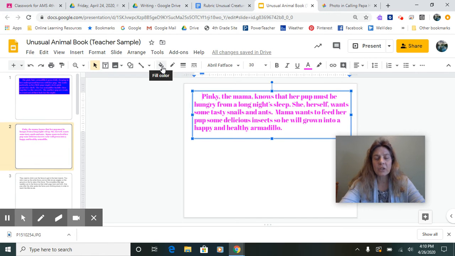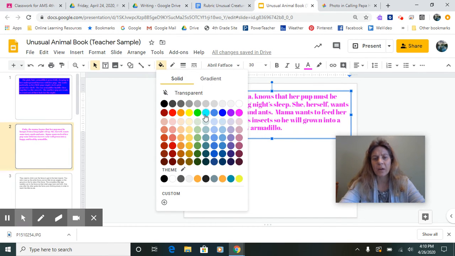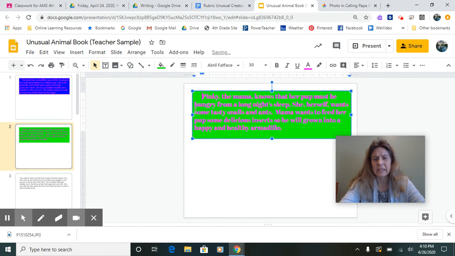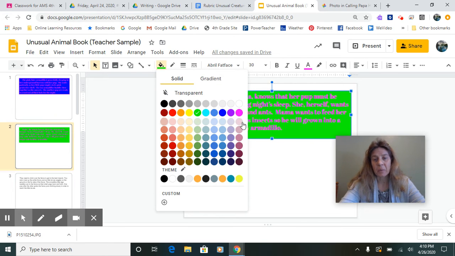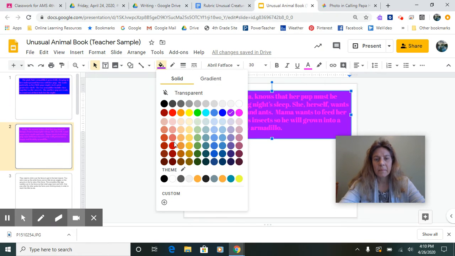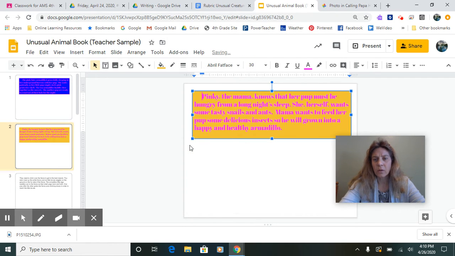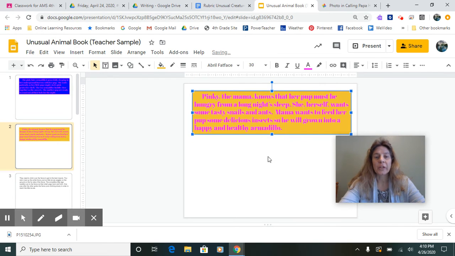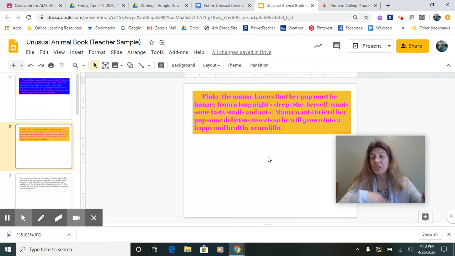I think I'm going to change my background on this one and make it a different one. I really might have to play with my font a little bit more if I want to do backgrounds. How about a purple? A yellow? That one's not bad. Not so eye burning. So I would go through on each slide, all of my 8 slides for my story,